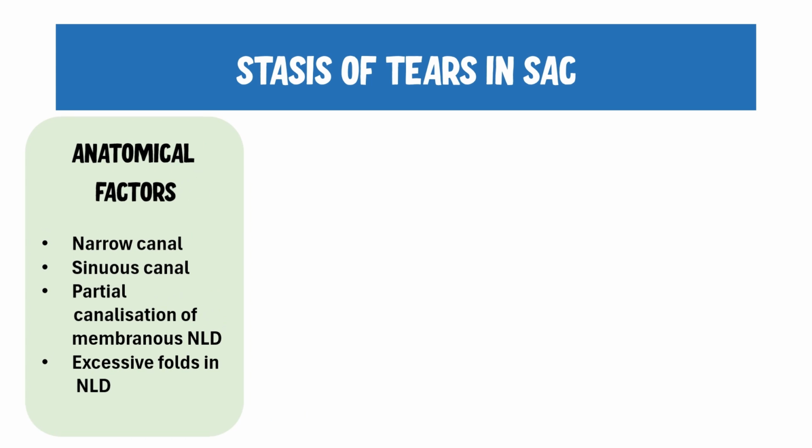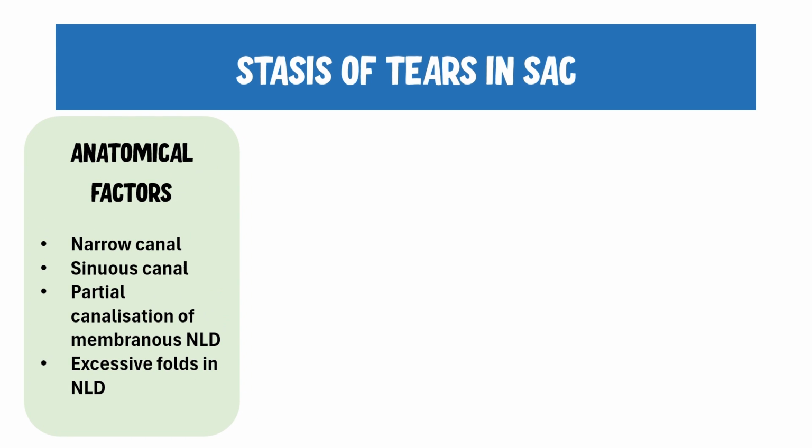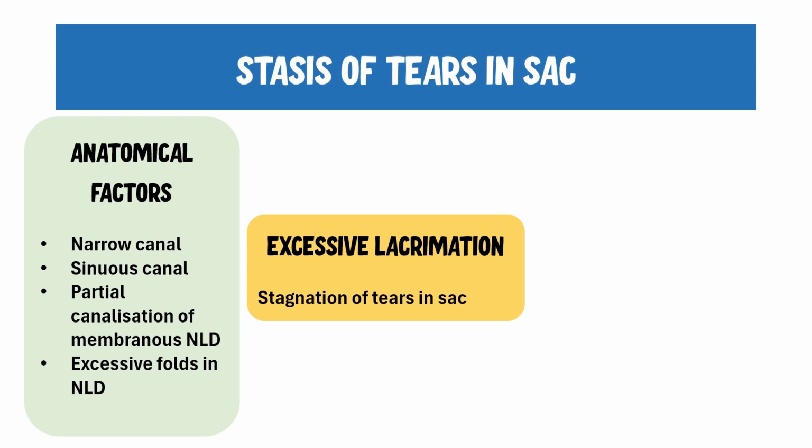So, all these conditions, all these anatomical factors actually predispose the nasolacrimal duct to get obstructed, and therefore development of stasis of tears in the lacrimal sac. Apart from that, when you have excessive lacrimation, now this excessive lacrimation could be either primary or secondary or reflex lacrimation. However, when you have excessive tearing, what happens? The excessive amount of tears actually reach your lacrimal sac,